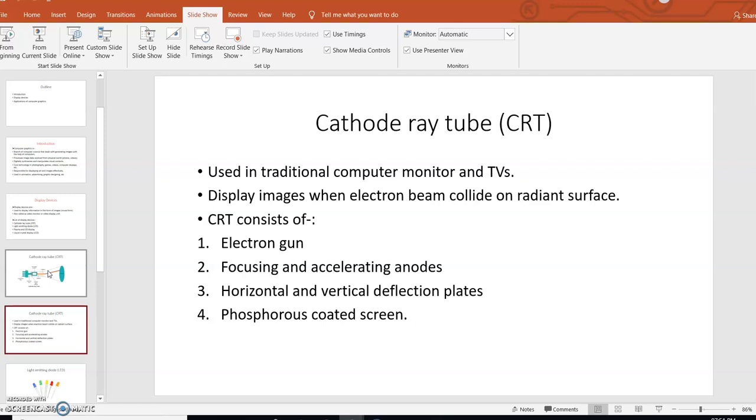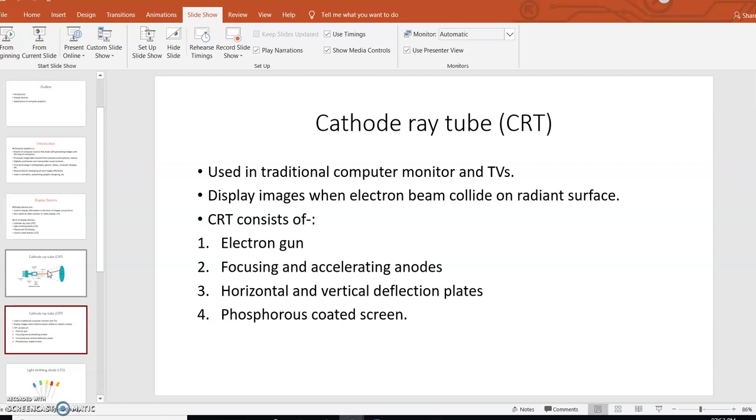Right now, we are not having CRT monitors or TVs. Right now LEDs and LCDs are available, but yesterday also I told you, you can find CRT monitors in our college labs. Maybe you can go to the electronics department and find CRT monitors over there. Some of you may have older television sets in your home. You can just open it from the back side, and you can find a CRT over there. So, it is one of the major parts of your TV, or a computer monitor.